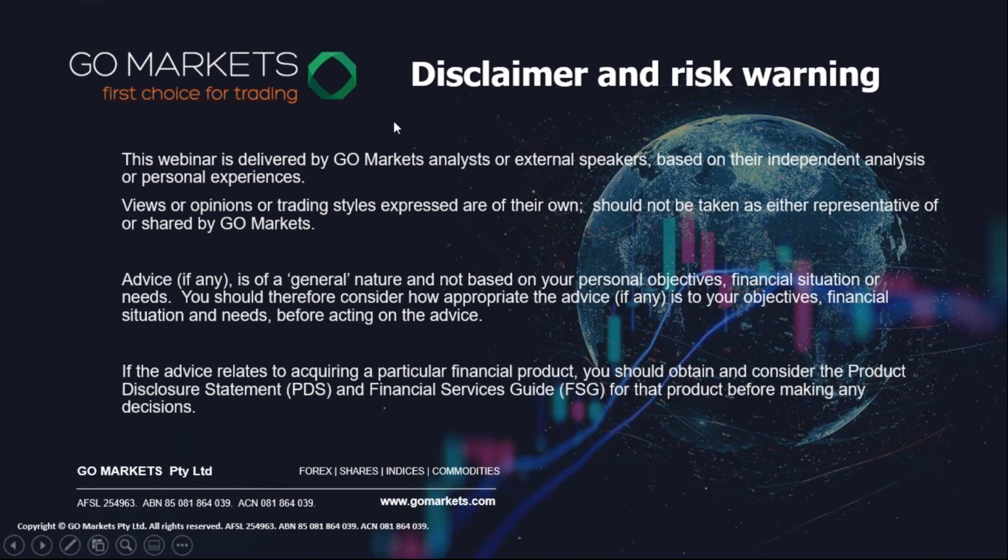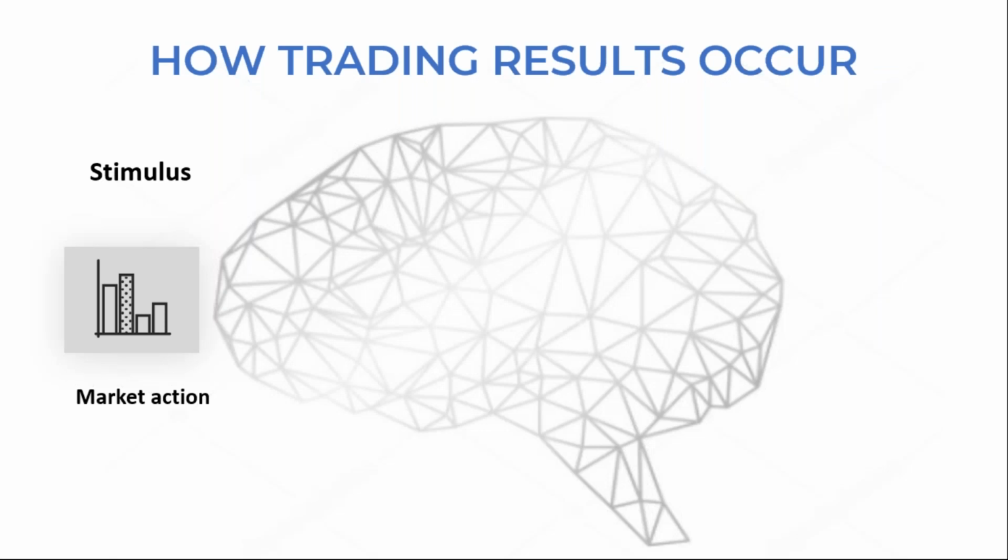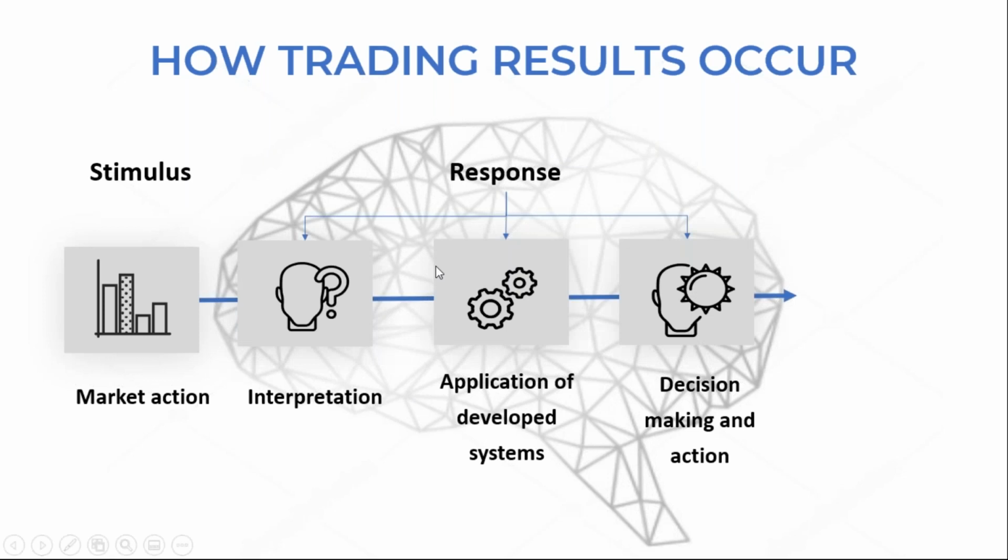Right, let's get things kicked off. Okay, so how trading results occur. This, of course, comes from my latest work on Trading IQ from traderiq.com.au. And really, it's critical to virtually everything that we've been talking about in this Intermediate Trading Clinic and beyond, in that we have a stimulus, which is the market action, and we need to make some judgment calls on what's happening. So interpret what's happening, and then obviously put the work in to develop some trading systems and trading,